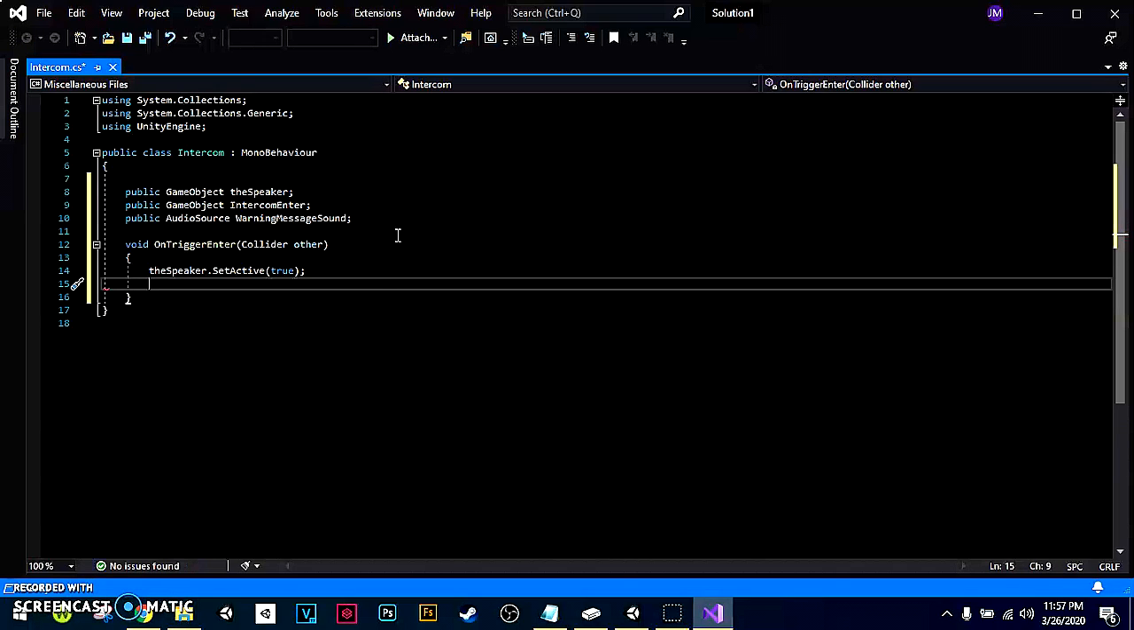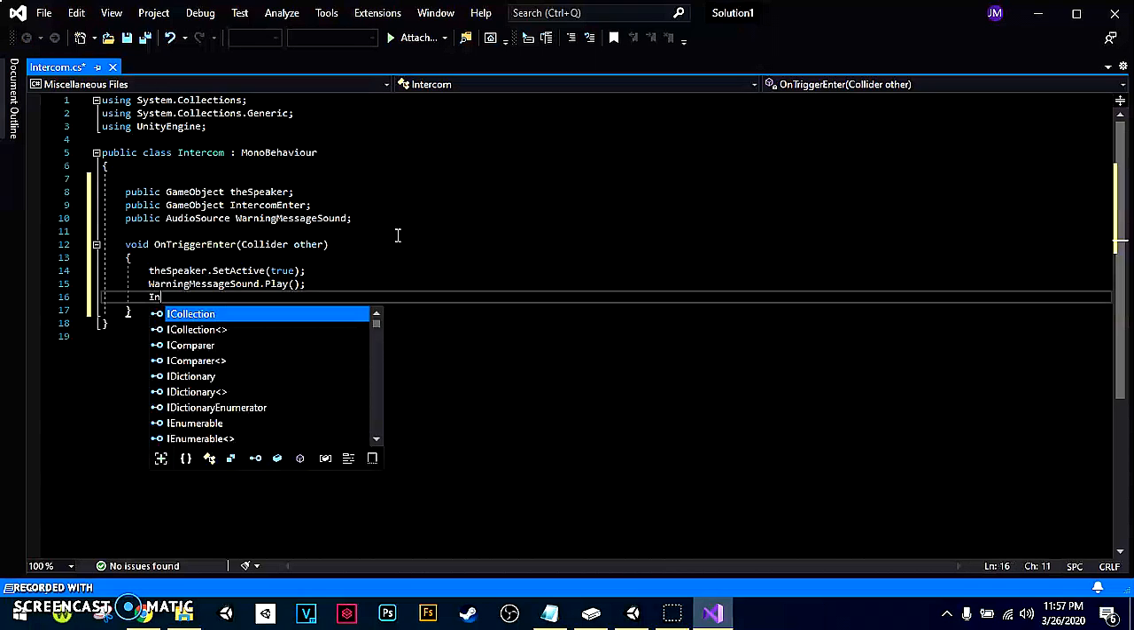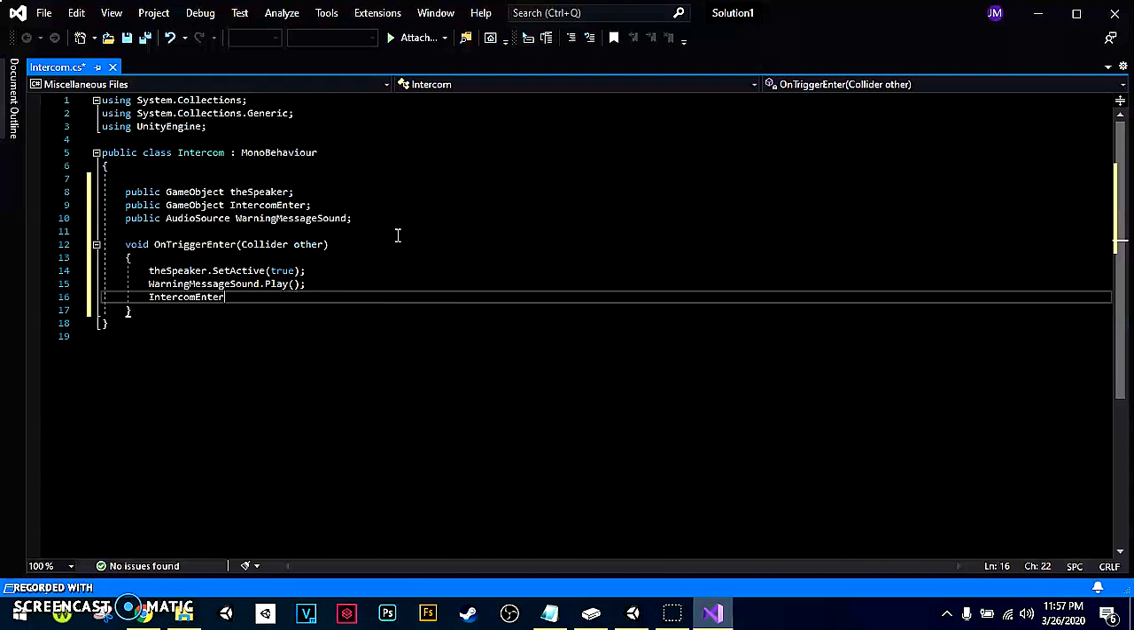Then the warning message sound dot Play, then semicolon. Then intercomEnter dot SetActive false,